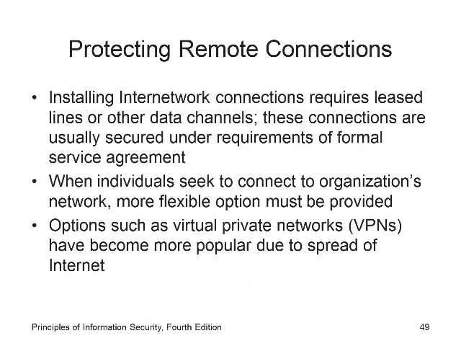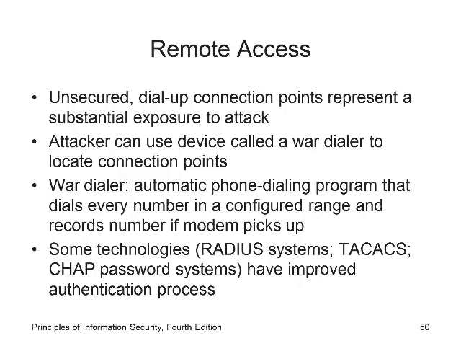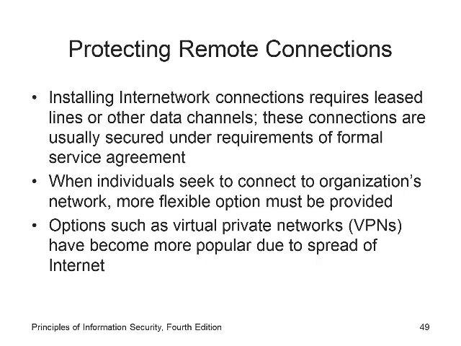Okay. Protecting remote connections. It says installing inter-networking connections requires leased lines. Okay. Normally you're going to get them from Cox, from AT&T, from somebody. So I want to have a connection from here to Fort Worth. How am I going to do it? I could run my own private line down there, but that's going to cost me millions of dollars. So the easiest way is to get internet on both ends and have a secure connection between them. That's called a VPN. Okay, and we better talk more about that in a second.